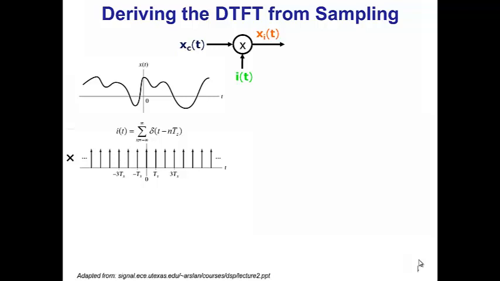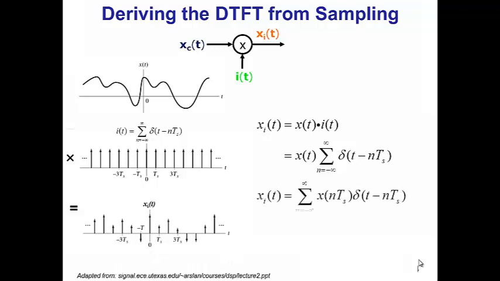And when I multiply those two together to see what comes out, well, we've got a bunch of weighted impulses using the multiplication property of impulses. So an impulse would be weighted by the value of x of t at the time the impulse fired, and I would get this collection of weighted impulses. So I could describe this